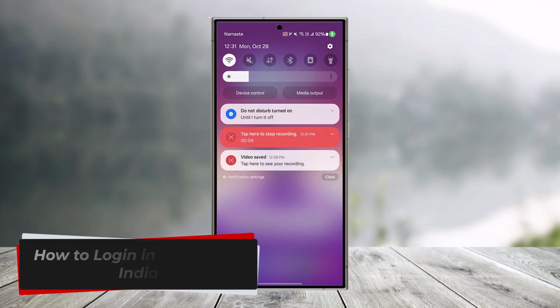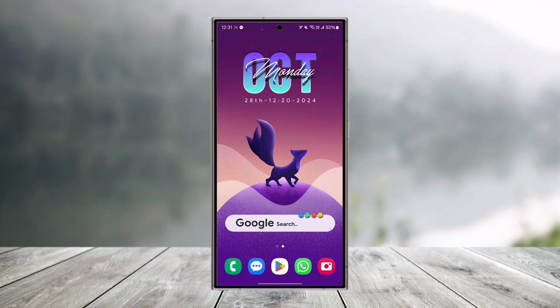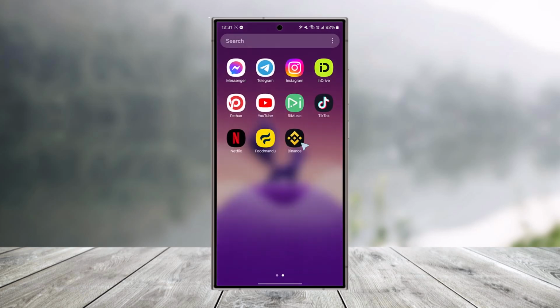How to log in to Binance in India. Now, first of all, let me tell you that it doesn't matter from where you're trying to log in, because the process to log in is pretty much the same and the app is also the same. So just make sure to download the official Binance app from your Play Store or your App Store, wherever you're